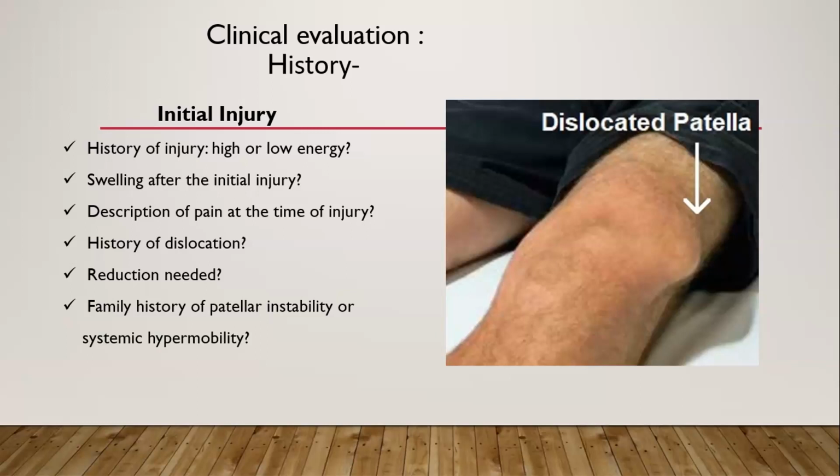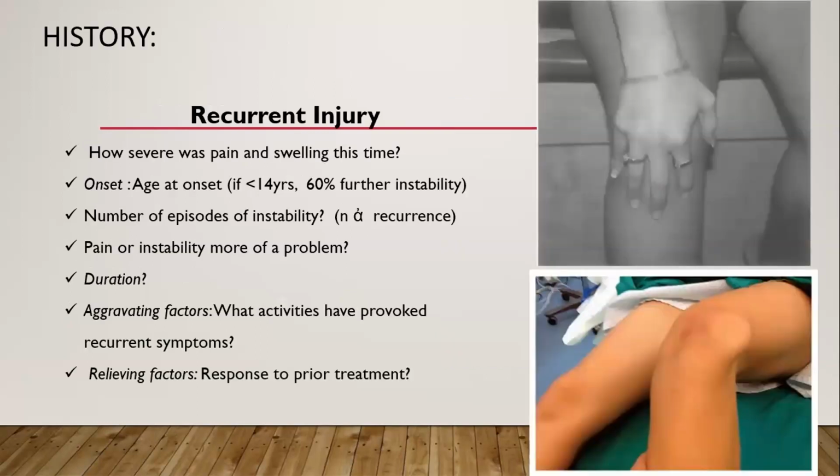Description of pain at the time of injury, and the history of dislocation, whether it got reduced spontaneously or needed any manipulation, and also family history to know about systemic hypermobility. In case of recurrent injury, we have to ask whether the pain was severe and whether there was swelling at the time of injury. And also we should ask for the age of onset,